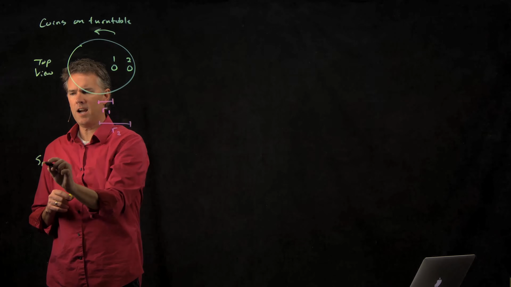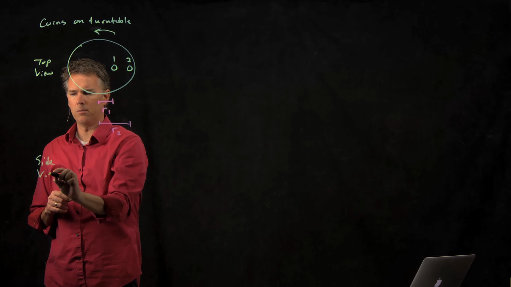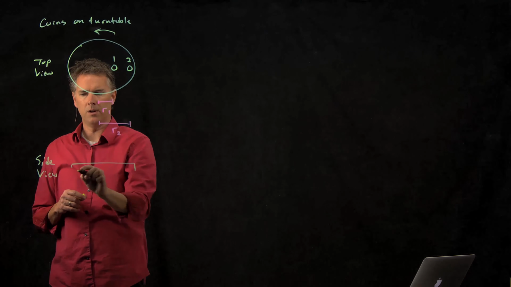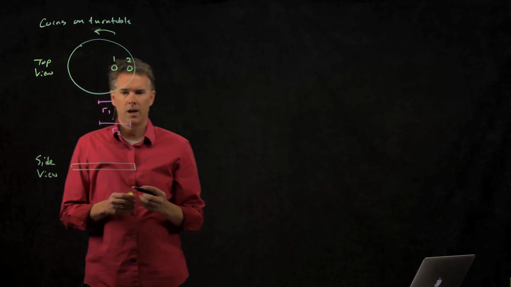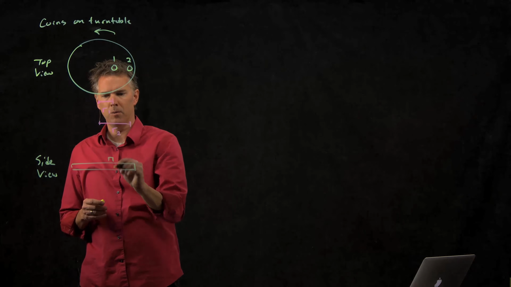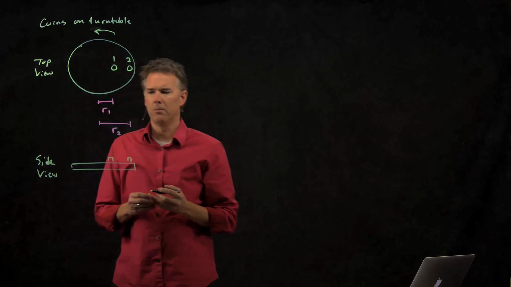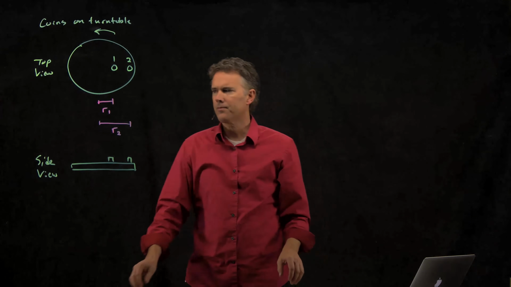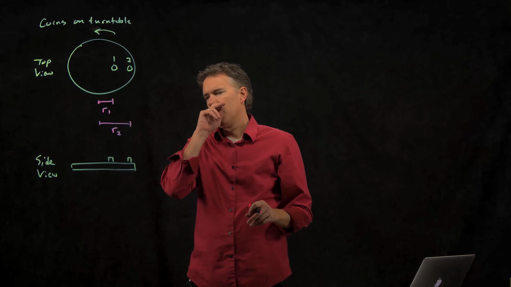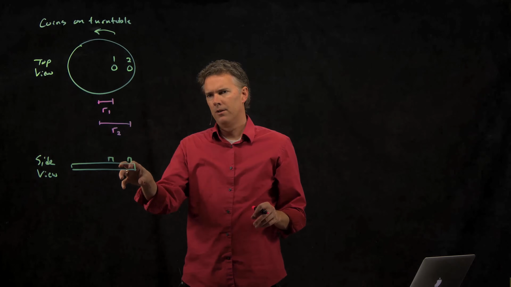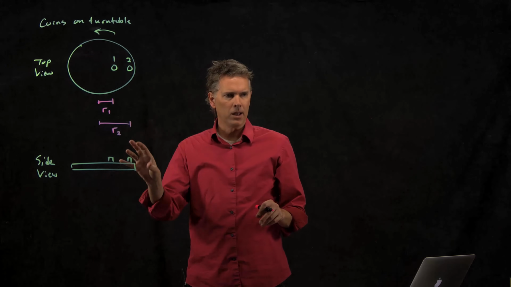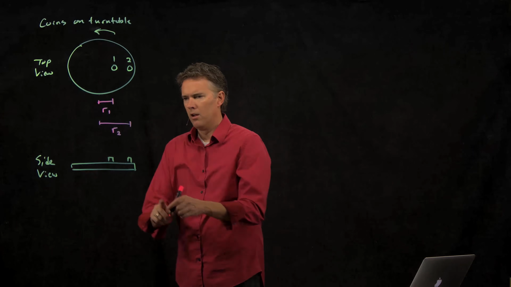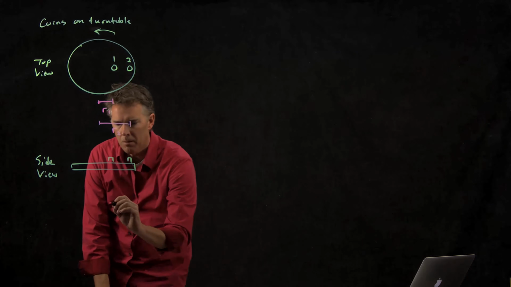So the side view would look like this. We would have that turntable becomes a disk, and then we have particle number 1 and particle number 2 sitting on top of the turntable. I now need to think about the free body diagram, and let's use the side view to do the free body diagram. So for coin number 1,